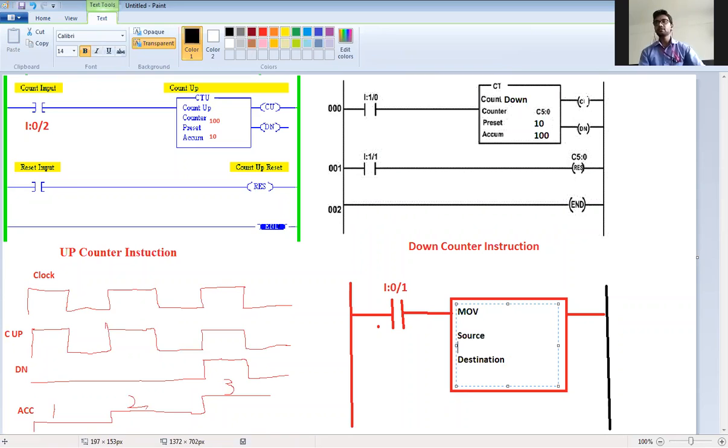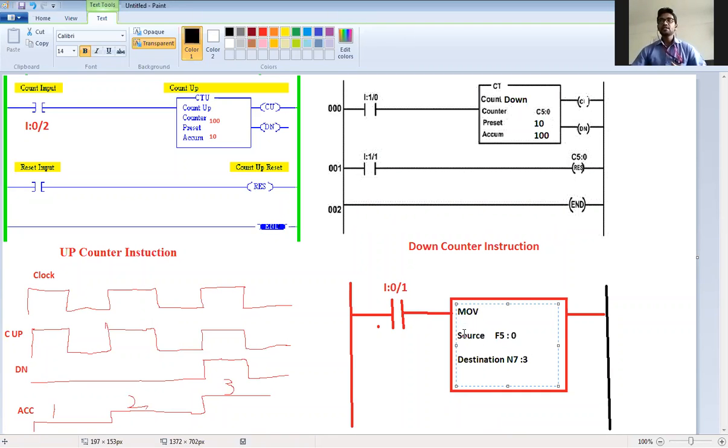If the source is F5:0 and your destination is N7:3, what this instruction suggests is that this is a move instruction.